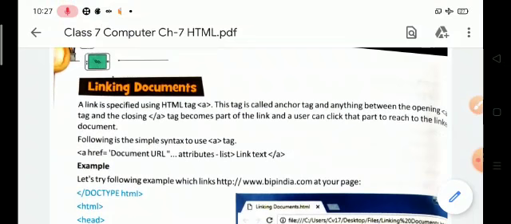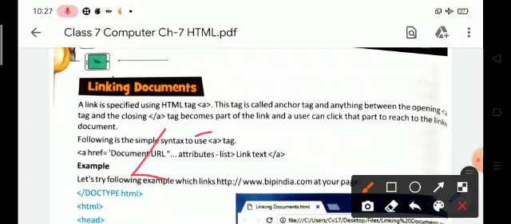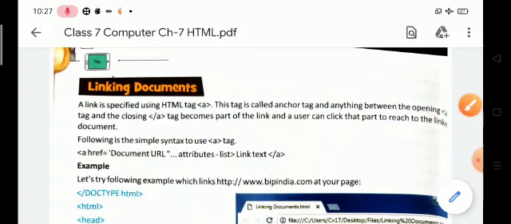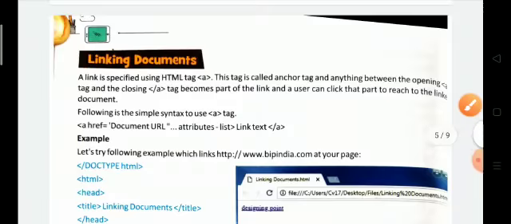So we can use the anchor tag. A means anchor tag, and anything between the opening and the closing tag becomes part of the link. The user can click that part to reach the linked document.